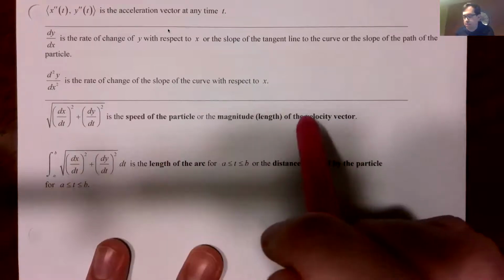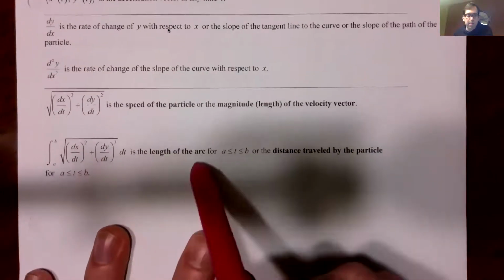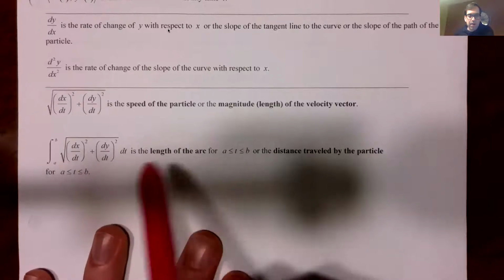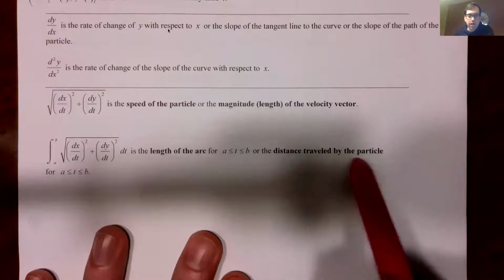That's the length of the arrow that we're going to be talking about. And then if you do an integral, this is going to be the arc length, right? This is what we also looked at in the last lesson. Arc length, in this lesson, we're also going to call this the distance traveled by the particle, because if you